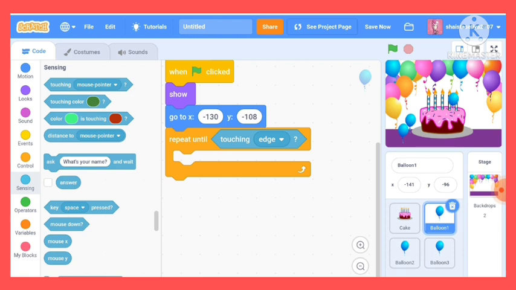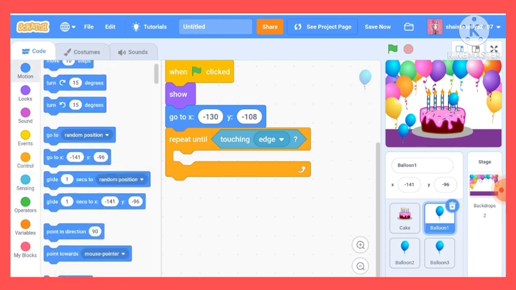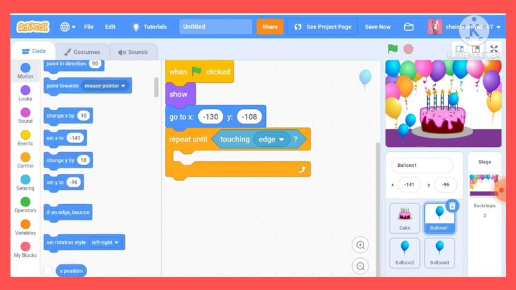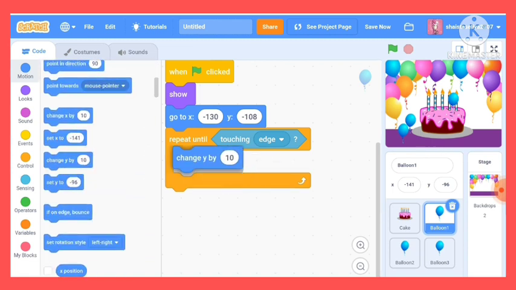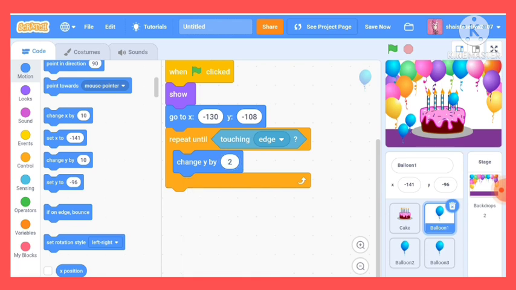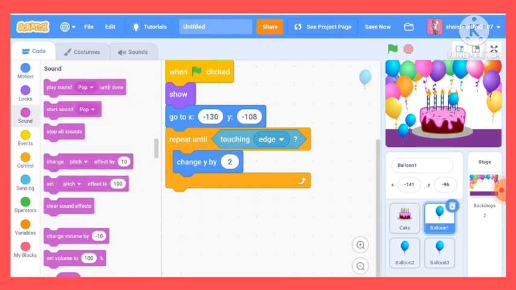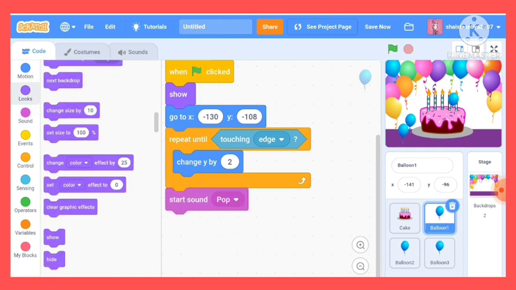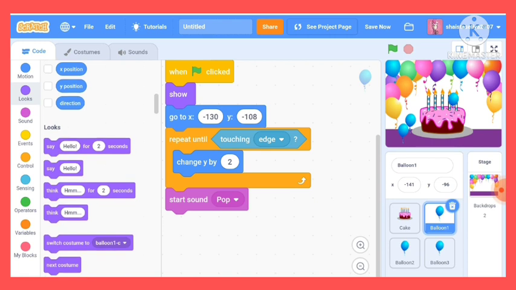So until edge, we will change y by 2. Change y by 2, it's better. Yes, and then a kind of pop sound will be there, so we will put start sound pop, and then it will hide. So let's hide it.